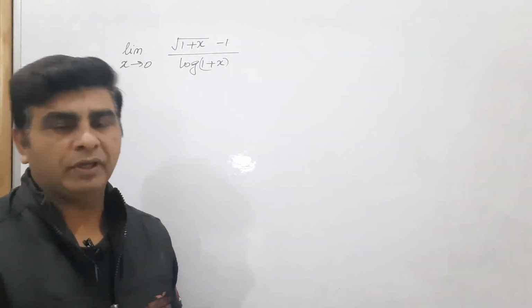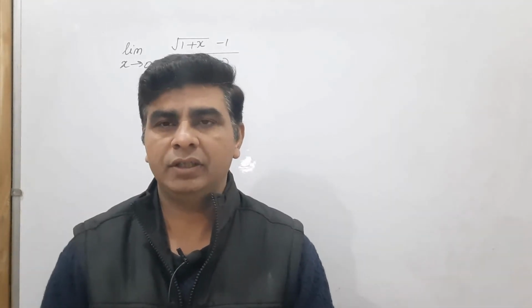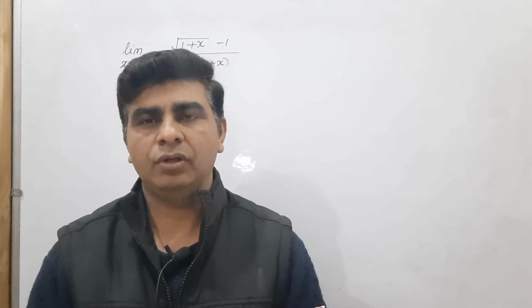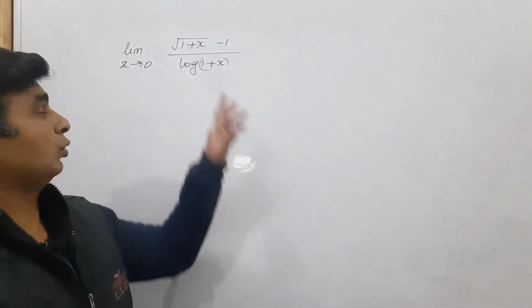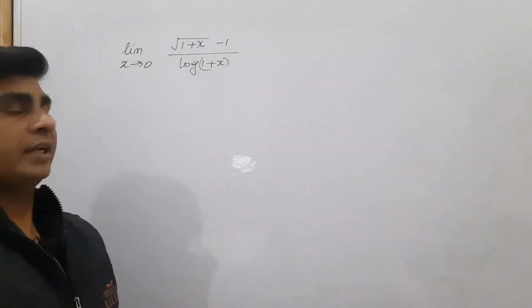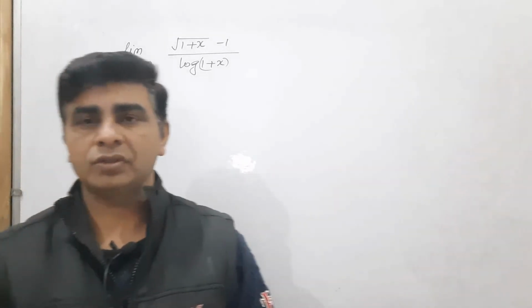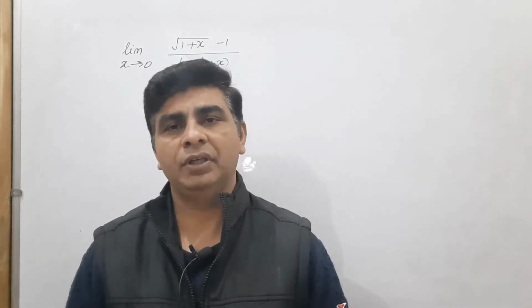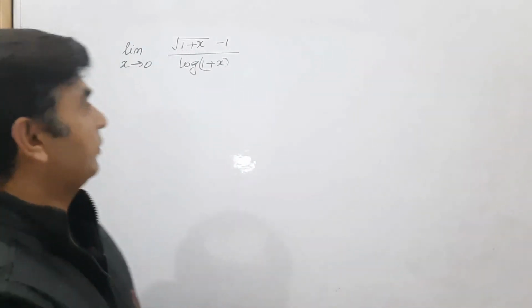अब log ऑफ 1 प्लस एक्स के लिए तो हम फॉर्मूला लगा सकते हैं, जो स्टैंडर्ड फॉर्मूला होता है हमारा कि लिमिट x टेंड्स टू 0 log ऑफ 1 प्लस एक्स अपॉन एक्स इज इक्वल टू 1 होगा, वो तो बन सकता है, बट प्रॉब्लम आएगी आपकी स्क्वायर रूट ऑफ 1 प्लस एक्स माइनस 1 के लिए। और ये बात मैं बता चुका हूँ पहले भी आपको, जितने भी क्वेश्चंस में लिमिट के जितने भी क्वेश्चंस होंगे जो स्क्वायर रूट में अगर मिलते हैं तो वी नीड रैशनलाइजेशन देयर, हमें रैशनलाइजेशन करना पड़ता है।